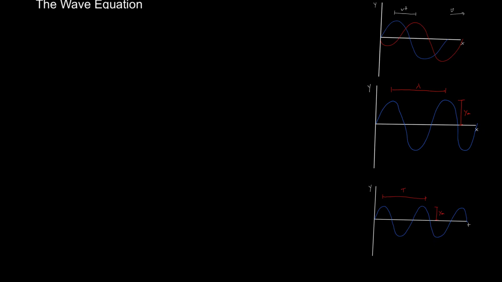All right, so now we're set to actually derive the equation that describes a wave, and so we've already said it's a sinusoidal wave, and you would expect that the equation would have a sine or a cosine term in it, and you'd be right. So let's get started with that. To start, let's look at the second graph we drew, which is y versus x, or y as a function of position, x. And so we see that at this instant, if this is time t equals 0, then the wave function should have the form